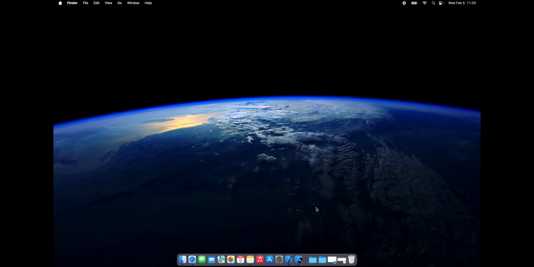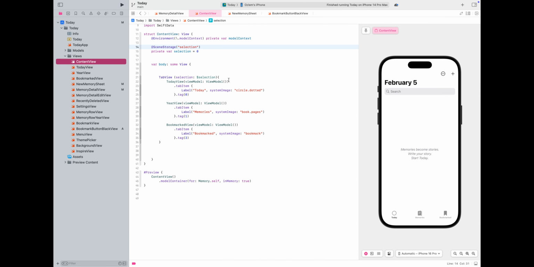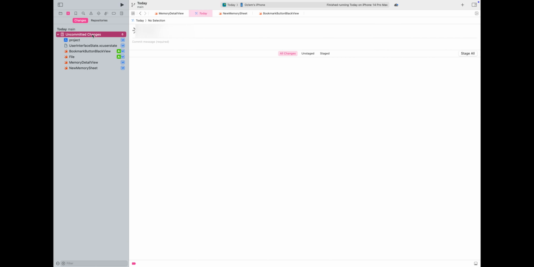Let's open Xcode and open your project. Develop your new feature. You can see that I've already made some adjustments to the code to update SF symbols within the app to add animations. If you want to learn how to animate symbols in your app for a sleek, fresh UI experience, check out